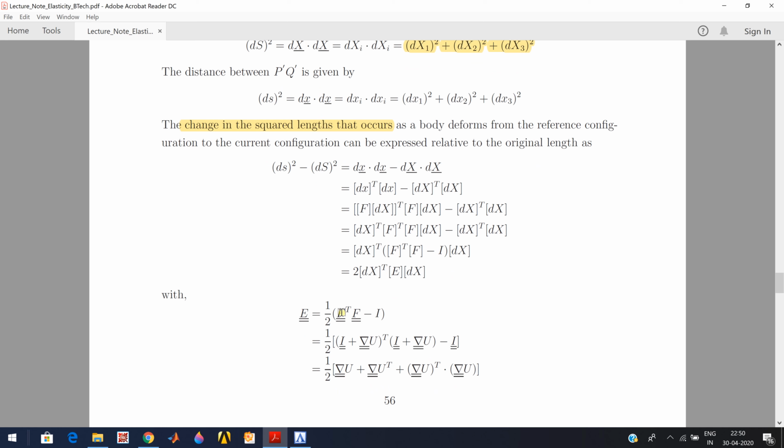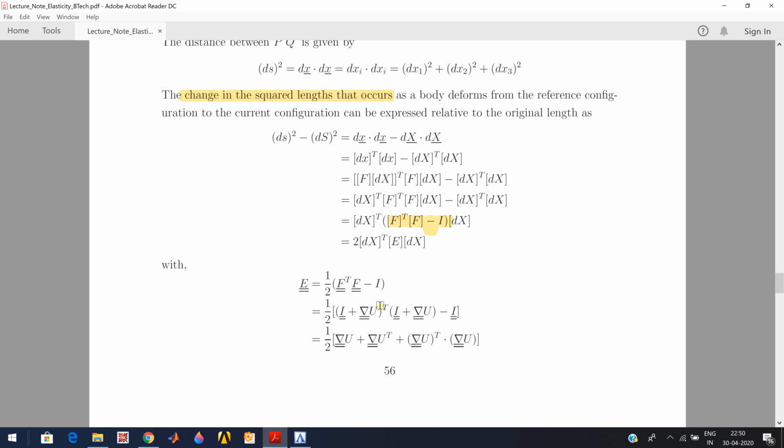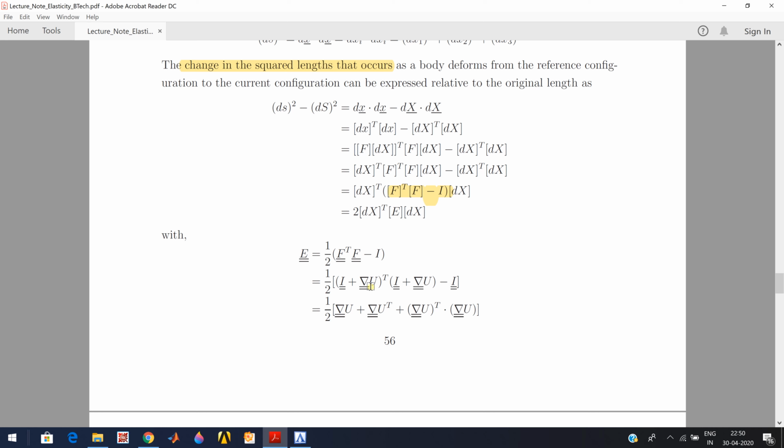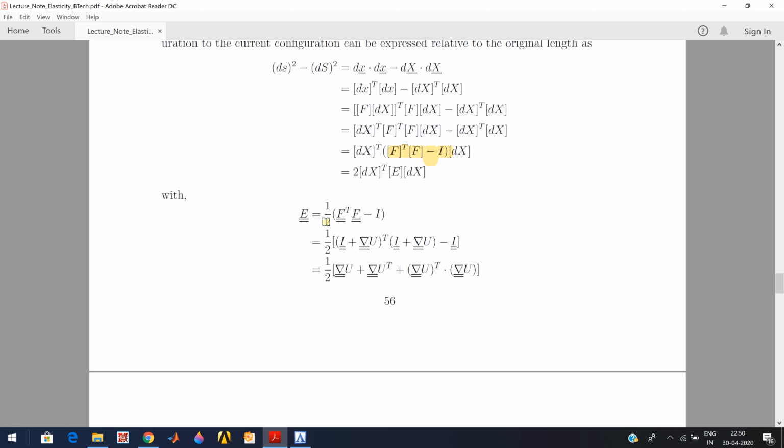this E, which is equal to half of F transpose F minus identity matrix, is denoted as the Green strain tensor. Okay, so we get this relation from the change of squared of the line elements. And this is nothing but half times F transpose F minus I, and you see that by definition this